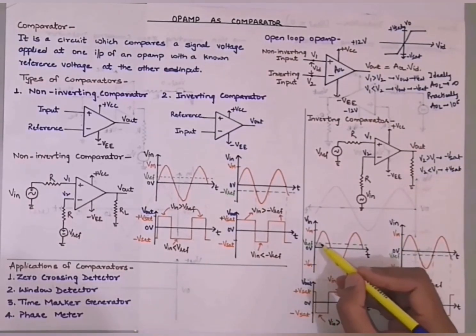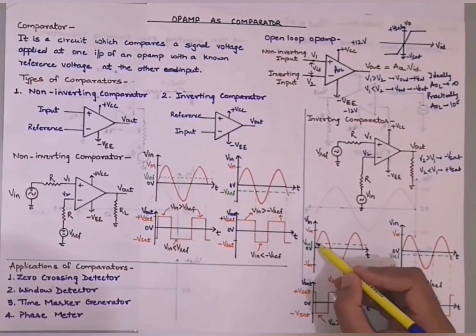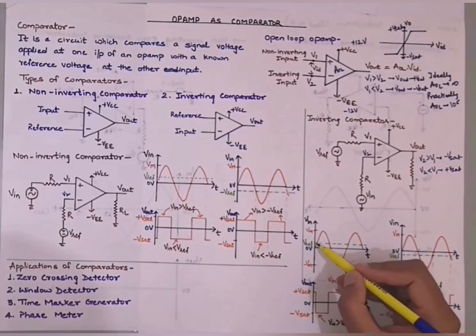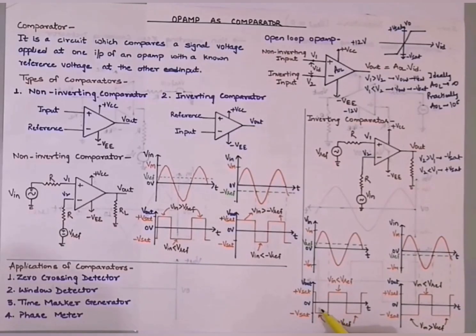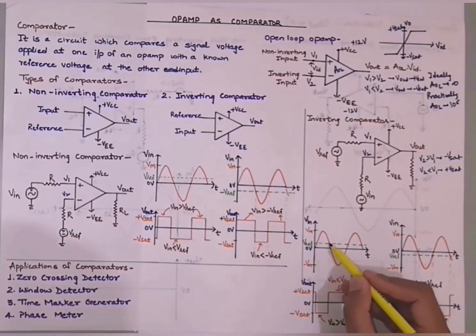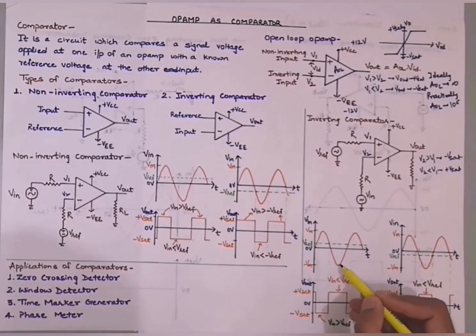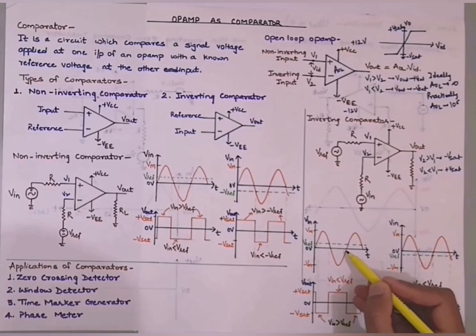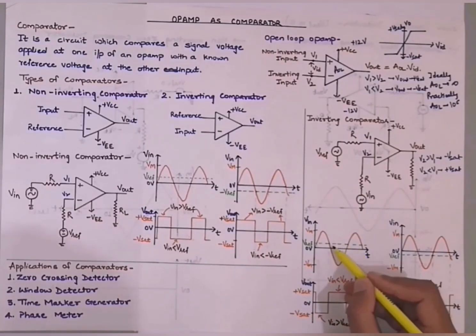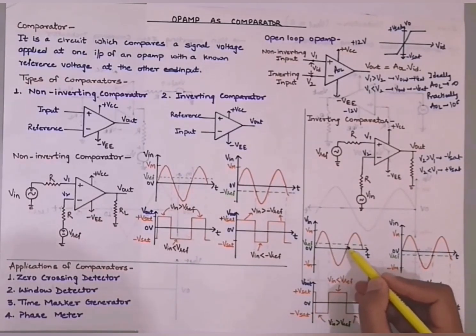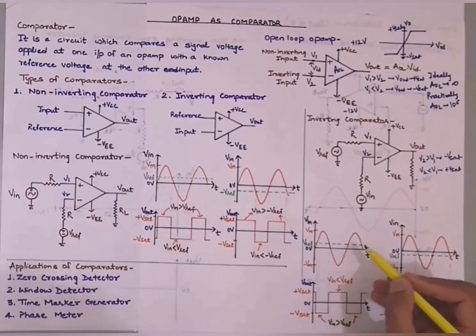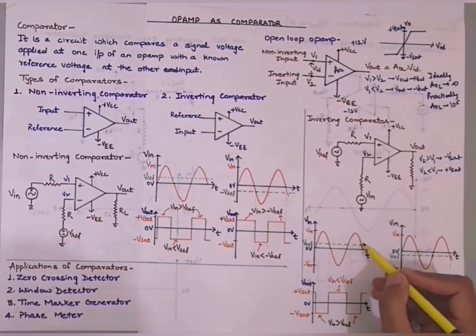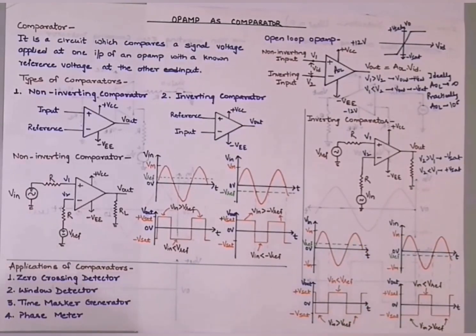So look here, whenever my input voltage is greater than the V reference, my output is taken towards minus V saturation, and when it has reduced to a value lesser than the V reference and continues to be less than V reference, then up to here my output must be plus V saturation, right? And after this it will again come back to the minus V saturation over here.